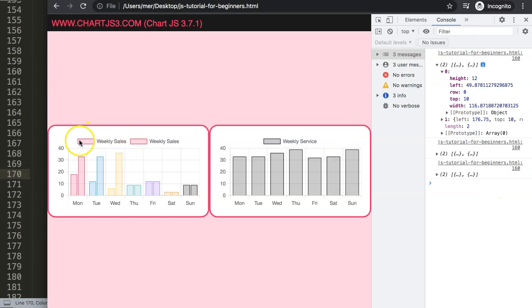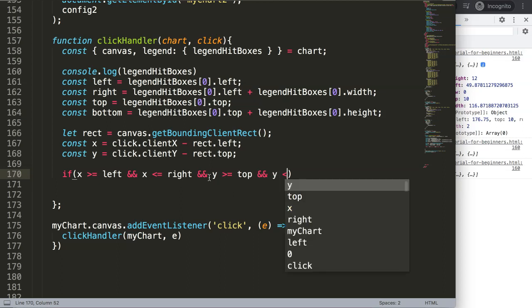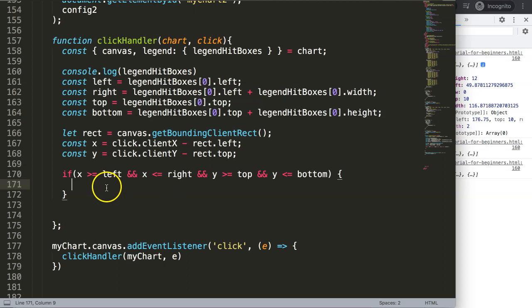So from left more, but right, which is here, no more there, but lesser than. Then we say here, and y value is larger or equal to top, and y value is smaller or equal to bottom. If this is the case, in this,